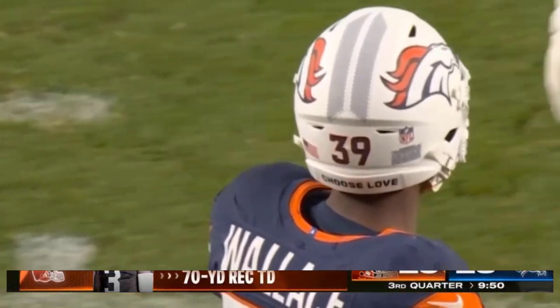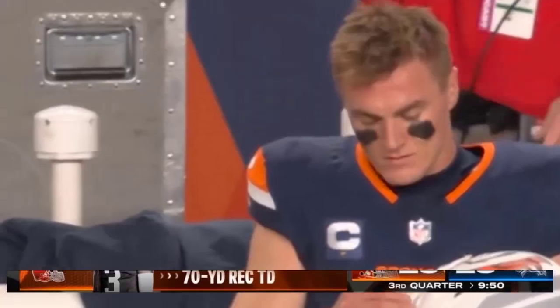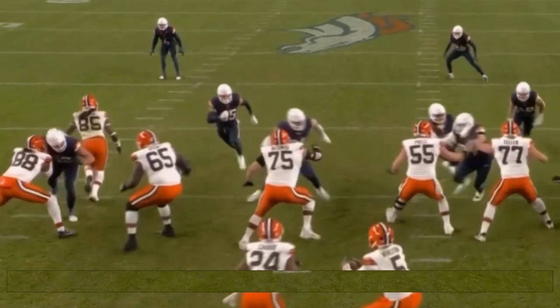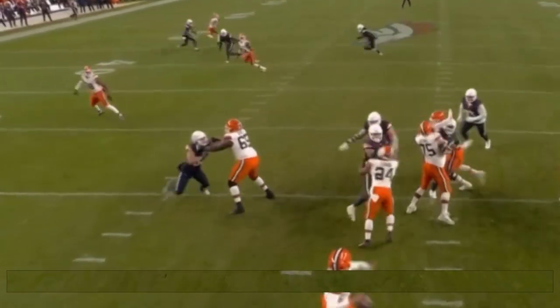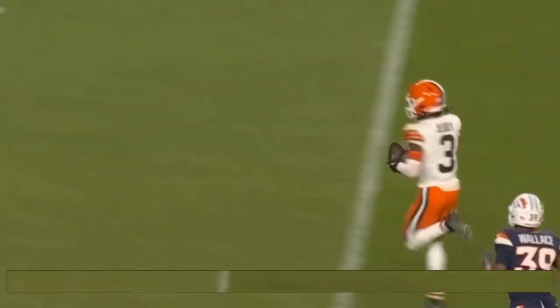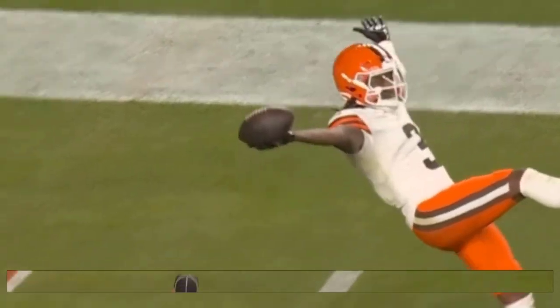And the Browns answer in a blink. Sure. So here they come, and Nick Chubb steps up, and he makes the block. And they've been kind of going after Levi Wallace tonight. He's sitting on having an outstanding year. Levi Wallace is in the lineup because of that. And Jerry Judy is having a night in his...